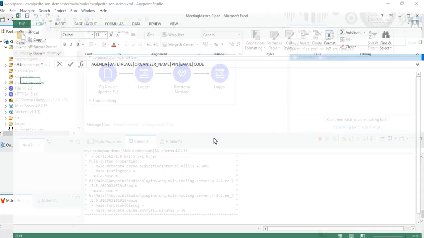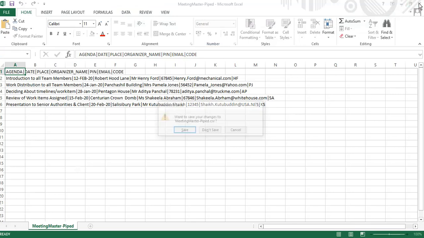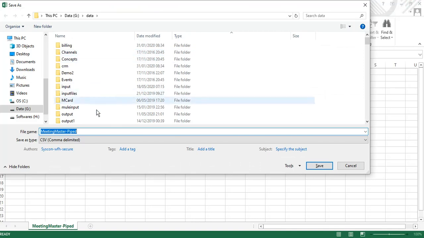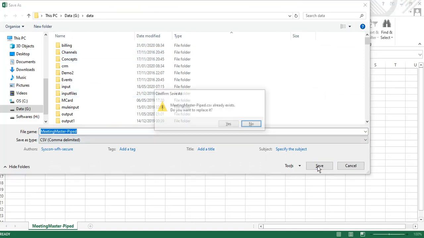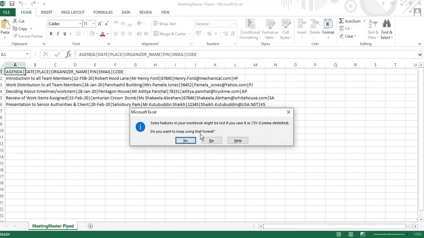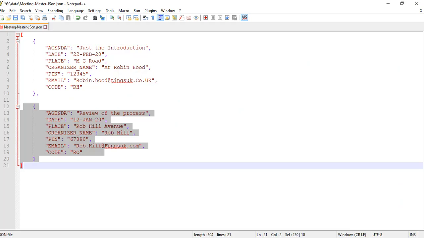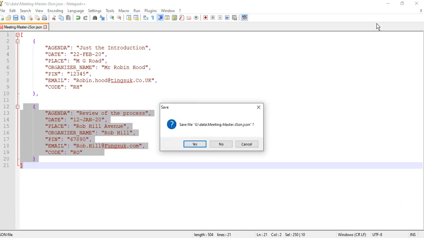So this file is already there. Let me close this sample file. Let me close this Notepad++ also.